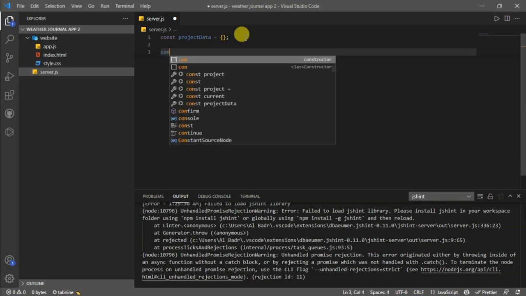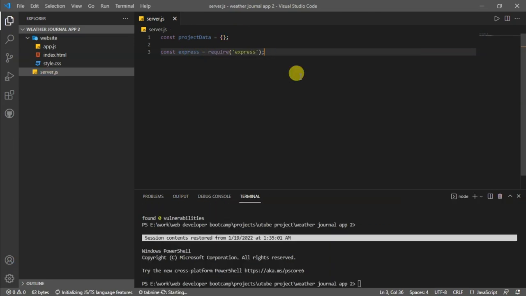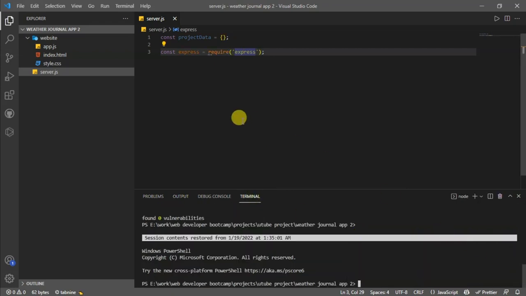So we will make a const express, and we will call the server require express. This is not a core module. What is the meaning of this? We are working on Node, but to work on Node we have to require some packages from the npm package. It's not a core package for Node.js, so we need to install it from the npm manager, the Node package manager. Now let's go and do that, but before, let us npm init,